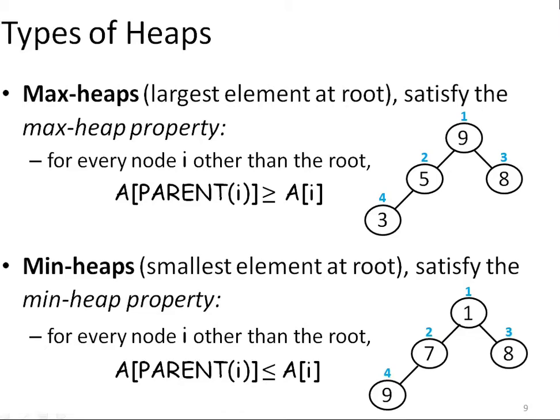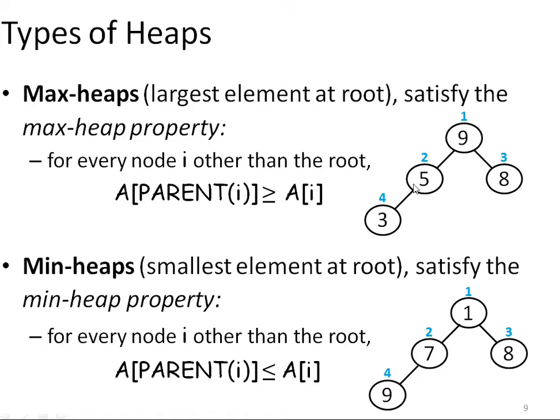Since a heap satisfies the property of a nearly complete binary tree, there will be a parent node, a left child and a right child. Depending upon the property shared between a parent and both of its children, we may have either a max heap or a min heap. If we talk about a max heap, then the value of a parent should be greater than or equal to either of its children. For example, in this heap, we can see 9, which is the root, is greater than 5 as well as 8. That means 9 is greater than both of its children.